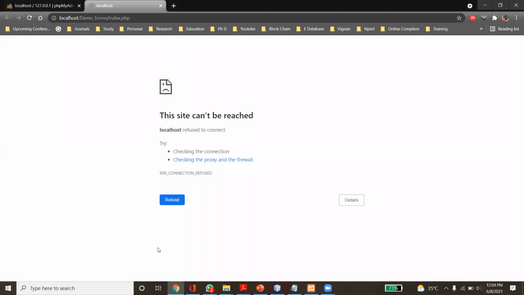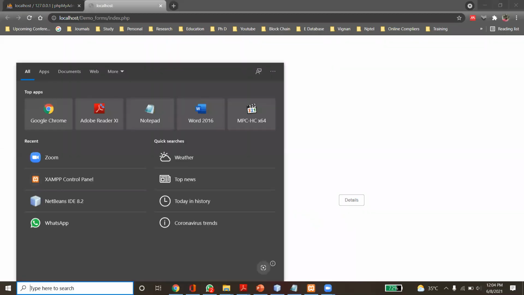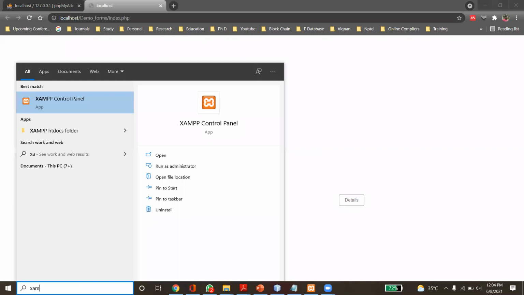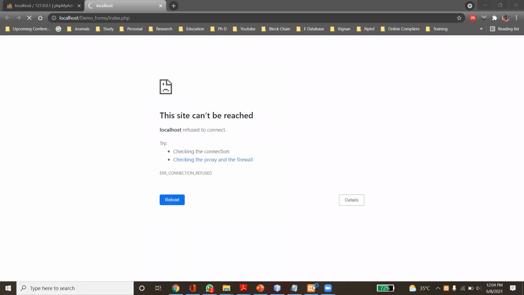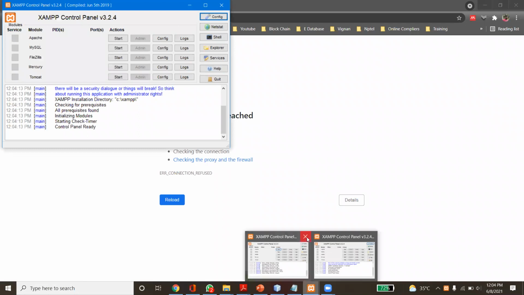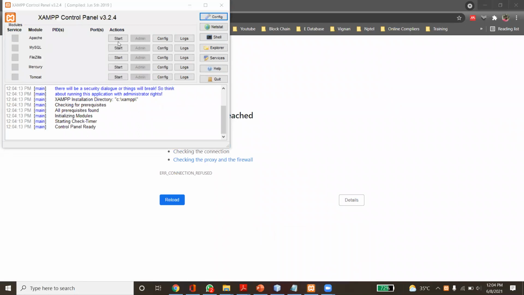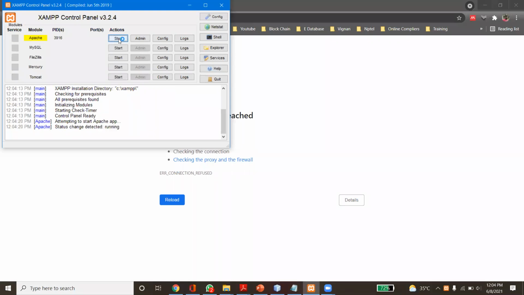So to do that, we have to open the XAMPP control panel. Here in this XAMPP control panel, we have to start Apache. If it is started correctly, then only it will show process ID and port number. Then we have to start MySQL.